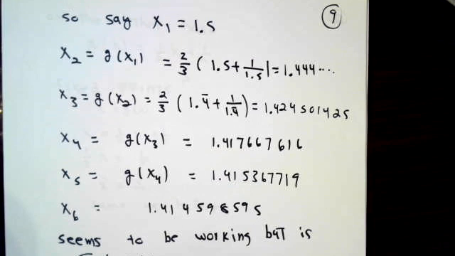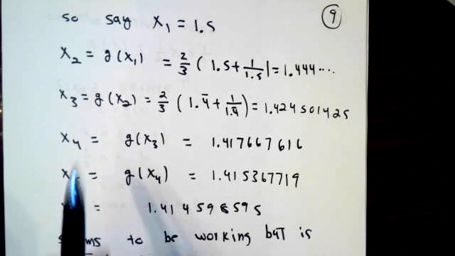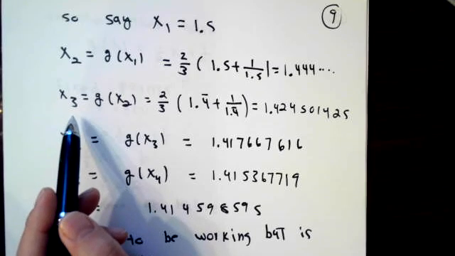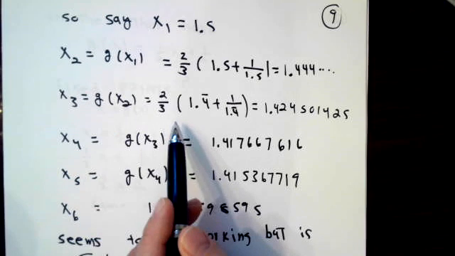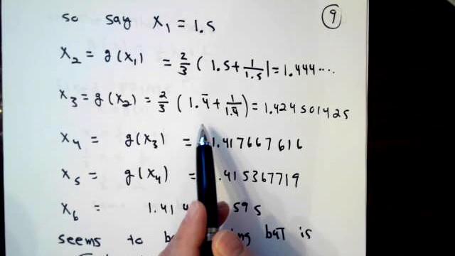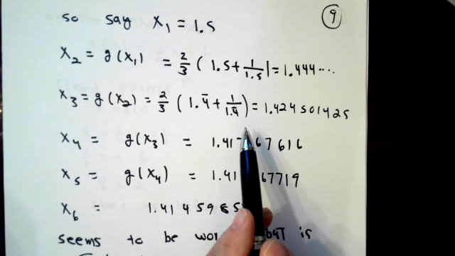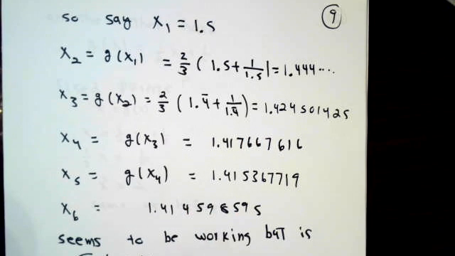I did the arithmetic on my calculator, and the result is 1.4 repeating. X3 is g evaluated at x2, which is 2/3 times the 1.4 repeating number plus 1 over that number. After doing the arithmetic, I found it to be